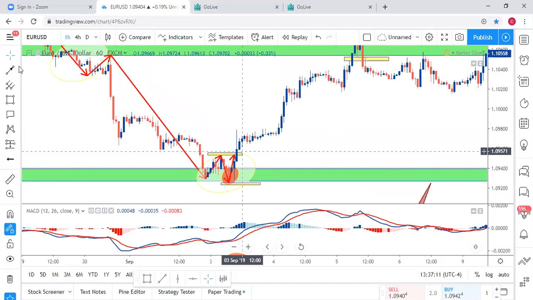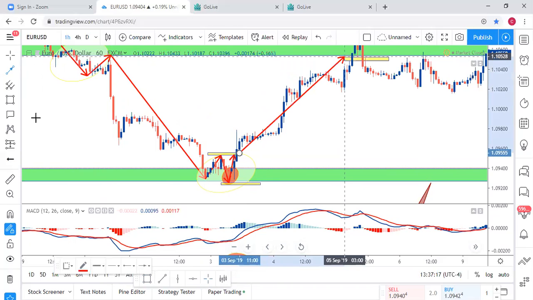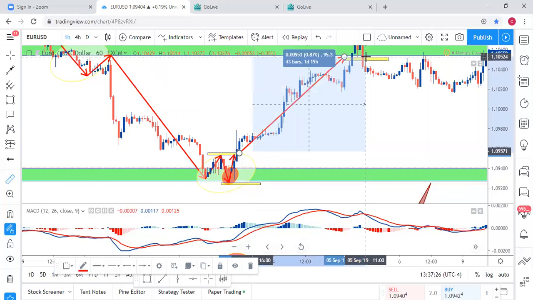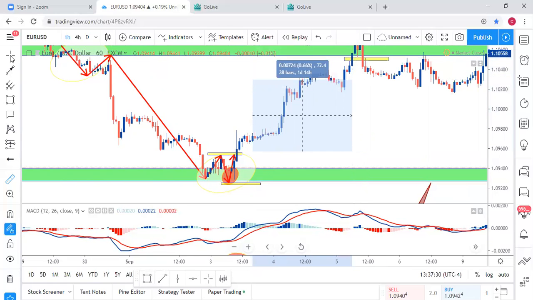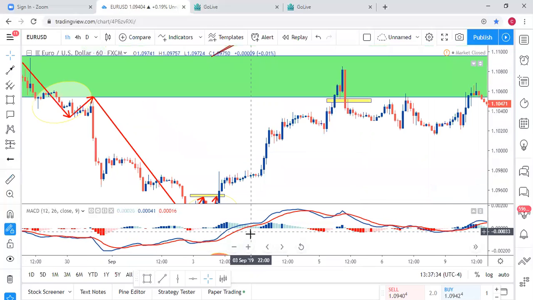And you could have ridden the market right back up to this point, right? So you would have gotten some pips in between here. You would have gotten a good 95 pips in that general area, right? Okay, so